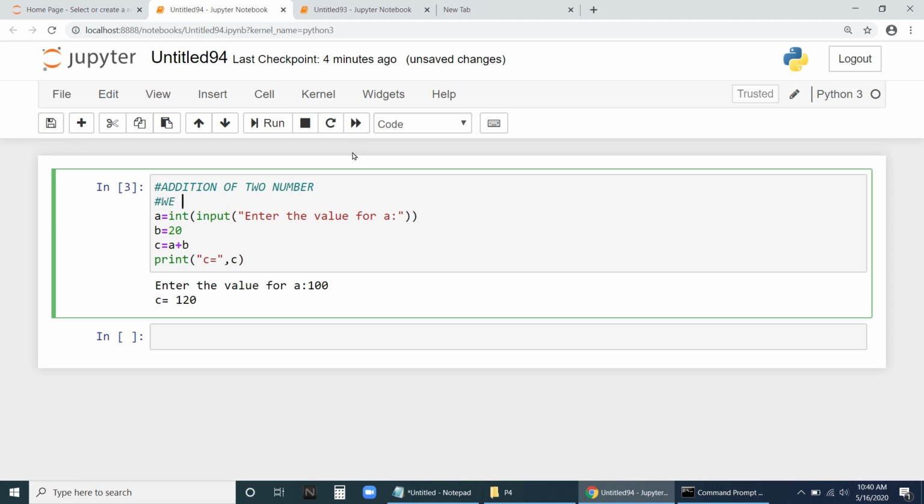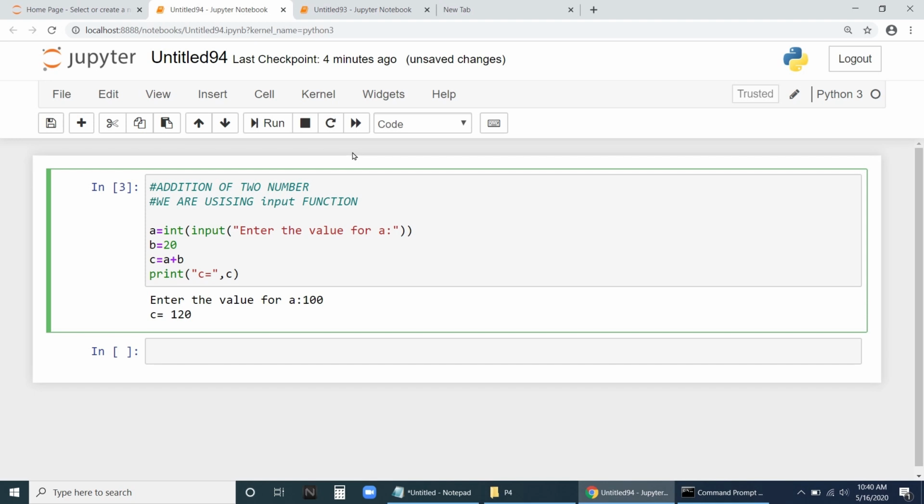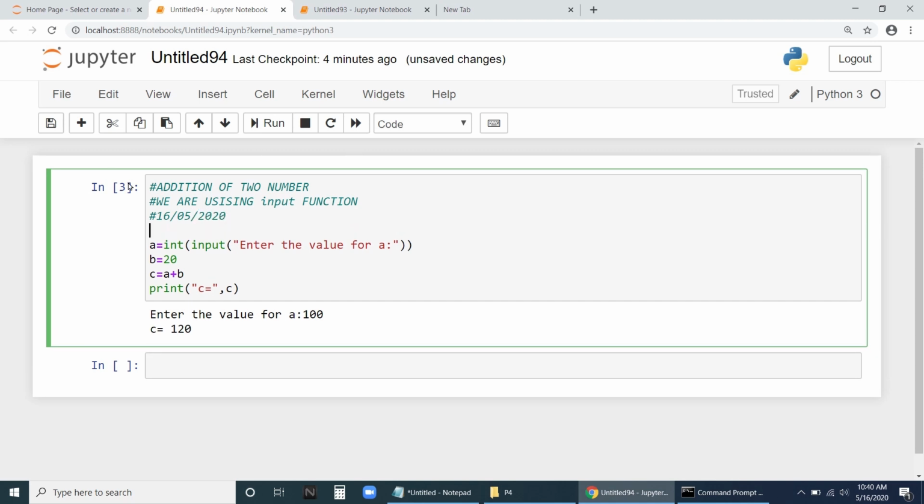We are using input function. Similarly, I can write here on this particular date it has been created, let us say 16/05/2020. This also is okay. It will work.